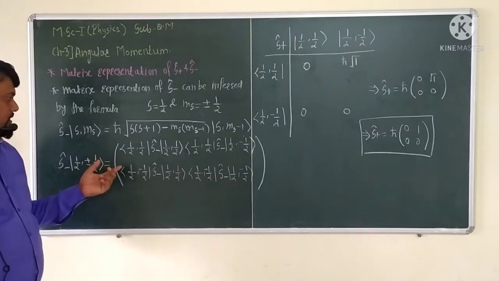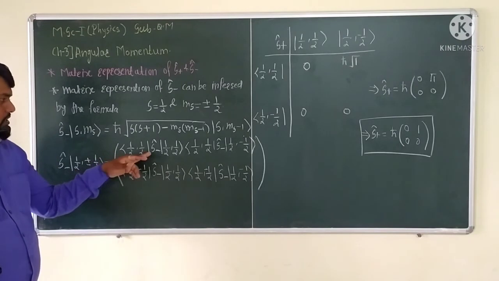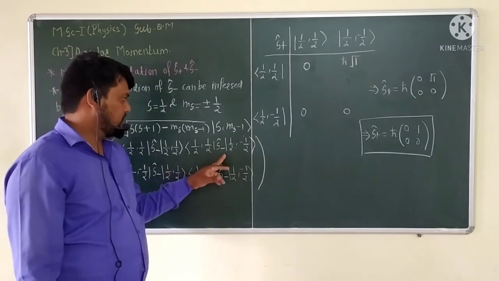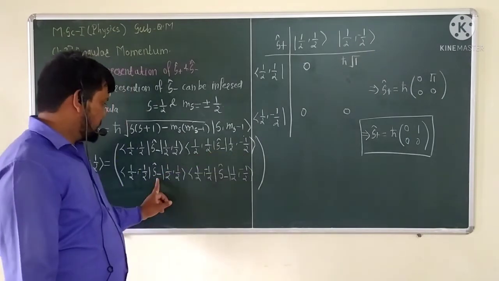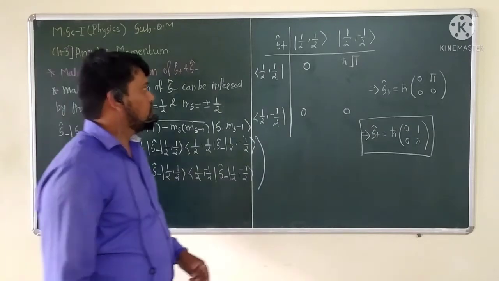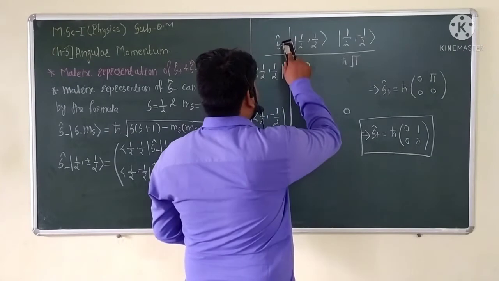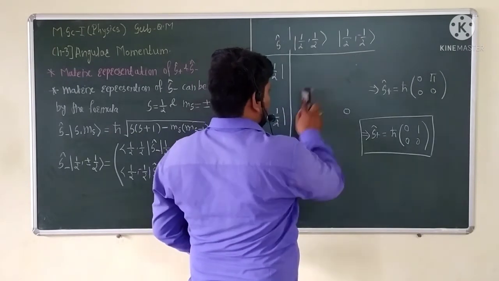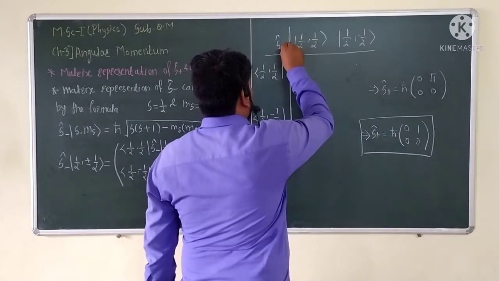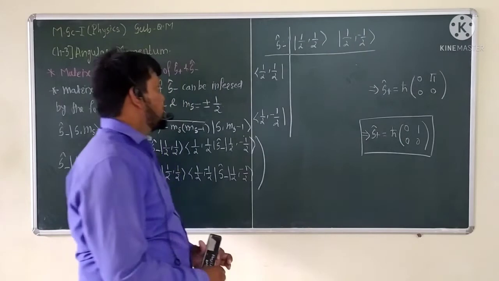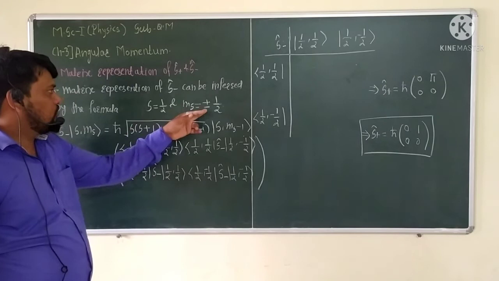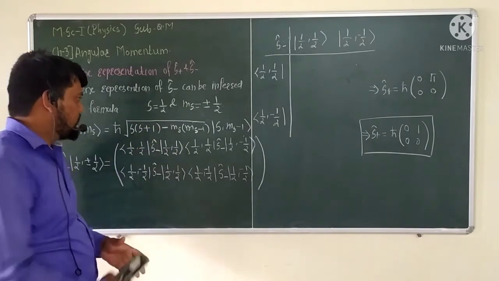So for the matrix representation of this bra of half of S minus cap, it operates on this ket vector. Here again this S minus cap operates on this ket vector, and again on this, and this is the same type. Okay, so we want to see the matrix representation of this. So if we calculate this value, we want to see what calculation is coming. This S minus cap operates on this, where the s value is half and the ms value is plus or minus half, so putting in the values here.